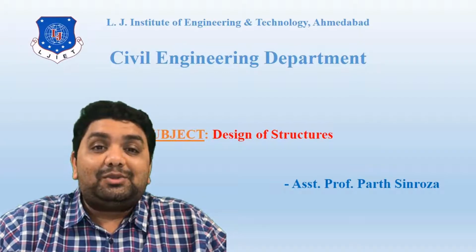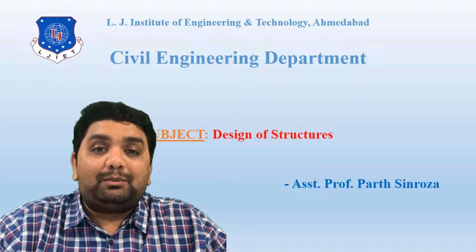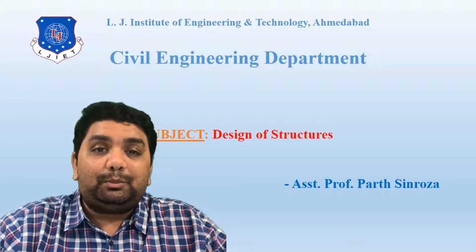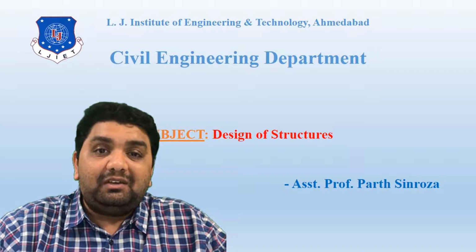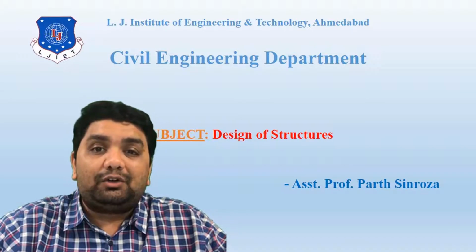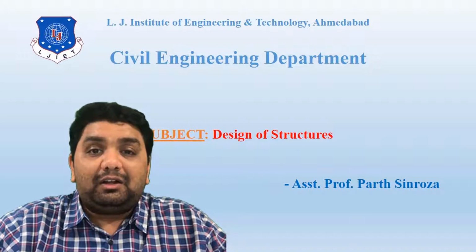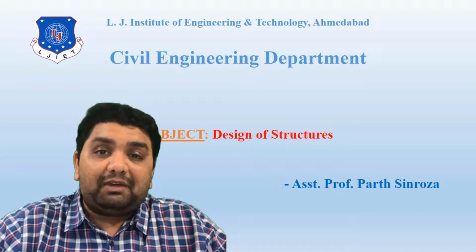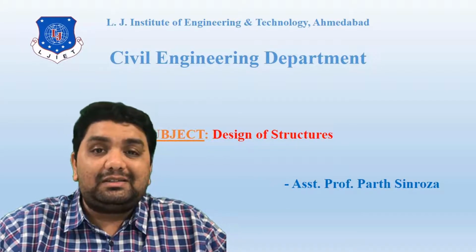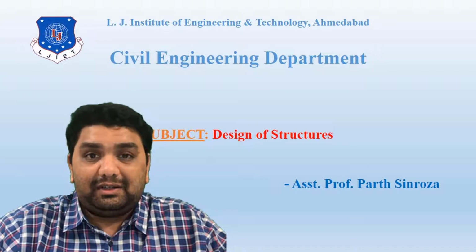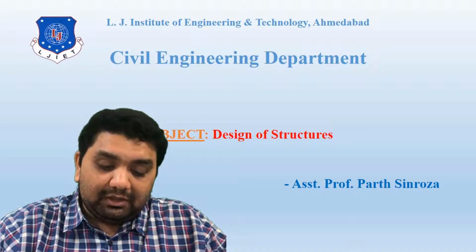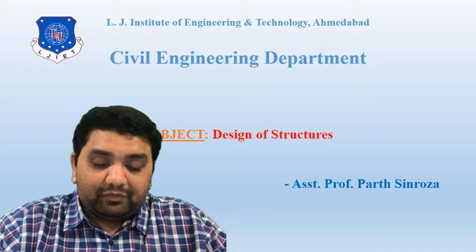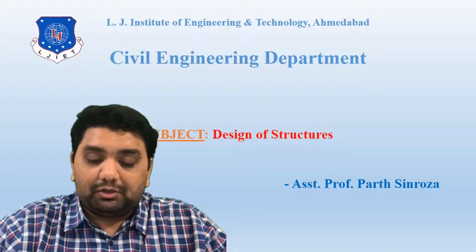Hello students. So today we will be doing some more numerical problems in the topic analysis of T-beams. We have already seen two types of sums, where the neutral axis was in flange and the neutral axis was in web. In web also we have seen a case that is XU is greater than DF. So we will be starting with the next sum, which is our advanced version of it.